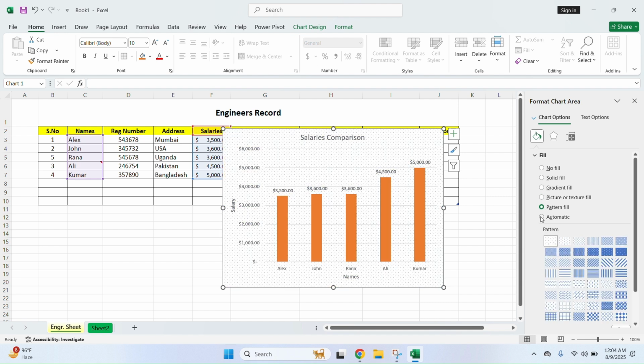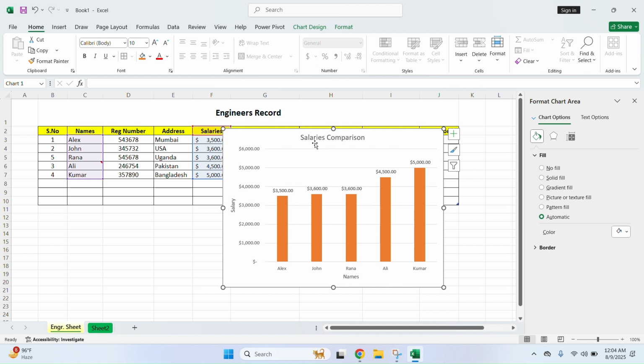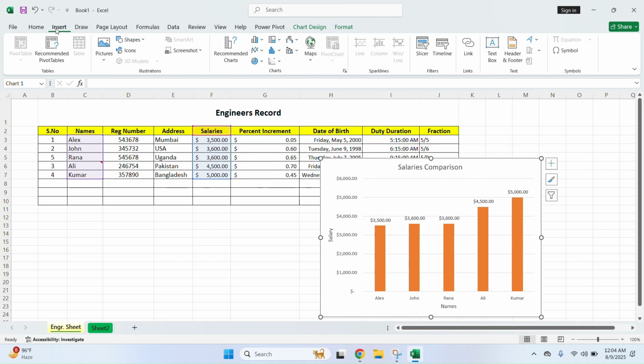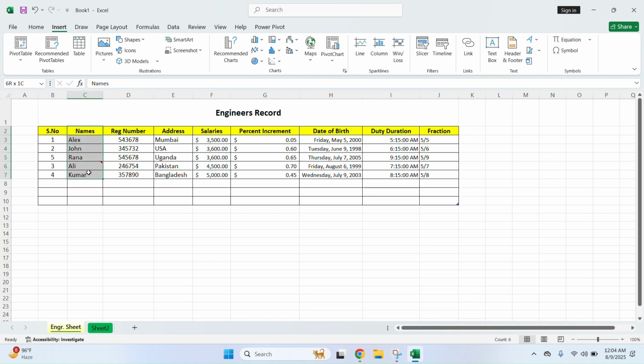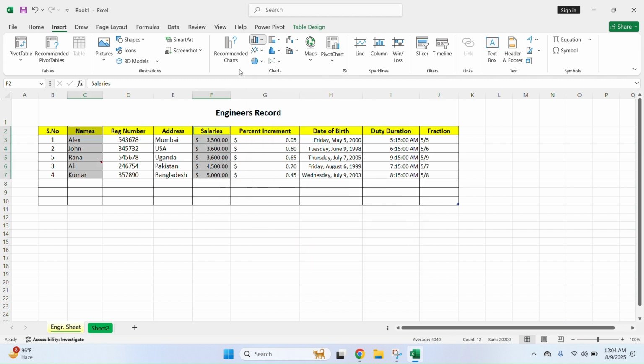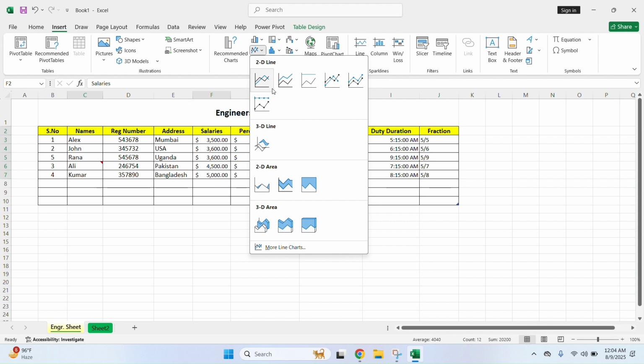Formatting the chart, you can change the gradient fill, the picture, as well as no fill. So keeping it as automatic, you can see it seems like this one. There are different charts also. Deleting this one and again selecting the names and salaries, and I will see the chart types here like 3D